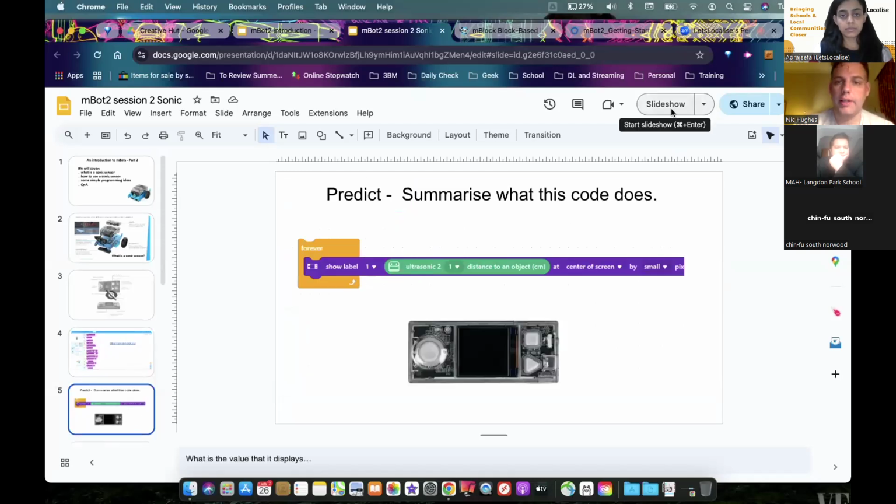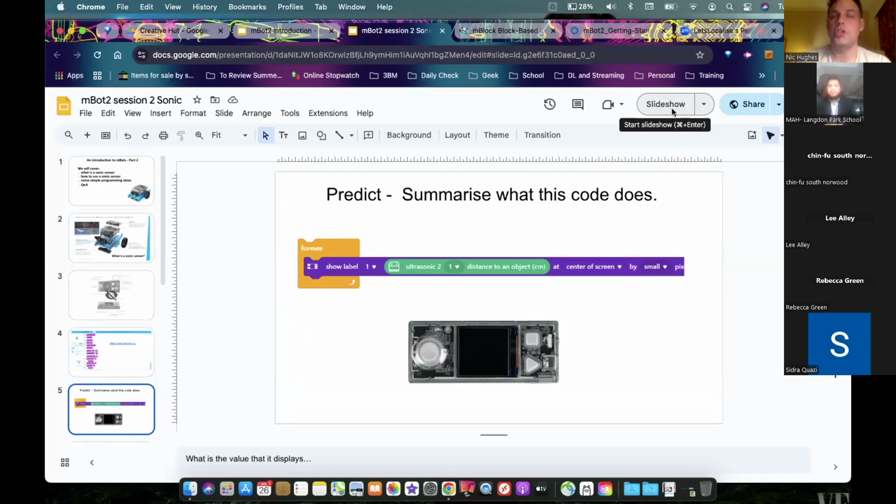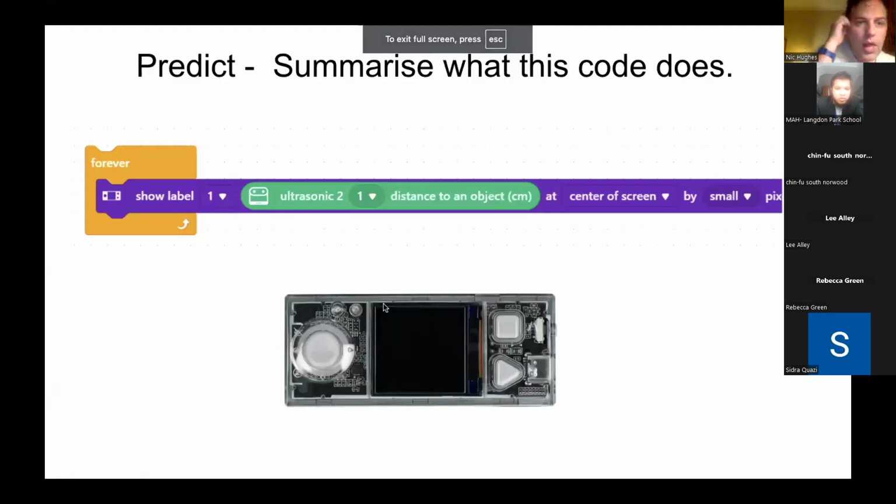What I'd like you to do is a little bit of prediction. Now, this isn't in the lesson plan, but this is just good computing practice using PRIMM, which is a pedagogical method for teaching programming. Part of PRIMM is thinking about predicting what code does. The lesson plan talks about showing this is what the code does, but I want children to do some prediction, to ask them to try and work out what's going on. So this piece of code does something to the CyberPi in particular. If I build this piece of code, and this is something you can try in a moment, what do you think this piece of code does?